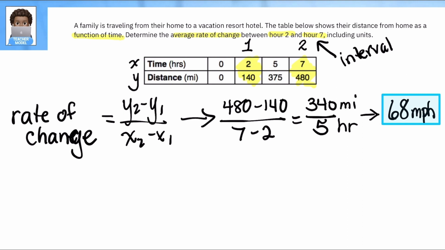And that is it. So great job for today. I hope you found this really helpful. Again, our rate of change formula is going to feel very familiar because we use the same method when we're calculating slope. Our big key is to make sure you're identifying in the problem what is the interval that you are working with. That will give you your y1, x1 coordinates and your y2, x2 coordinates that you can easily sub in,